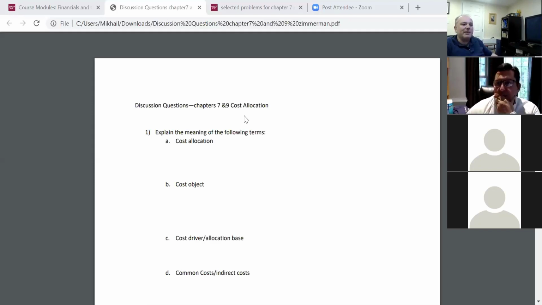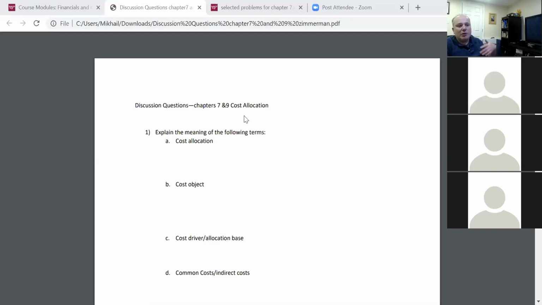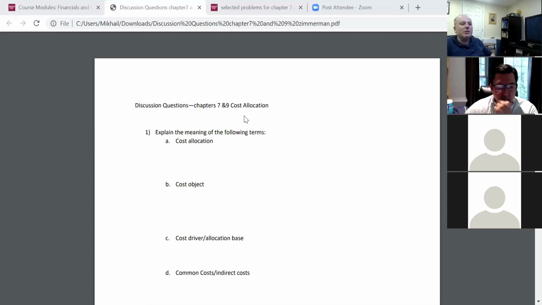Well, that's just too expensive to do. You need to hire somebody just to walk around, trace their time, and so on. So that's the reason why people go with these sorts of approximations, whether it's square footage, number of students, relative revenues, whatever. But the point that I'm trying to make is that there's no perfect answer, and each answer will produce some distortion.